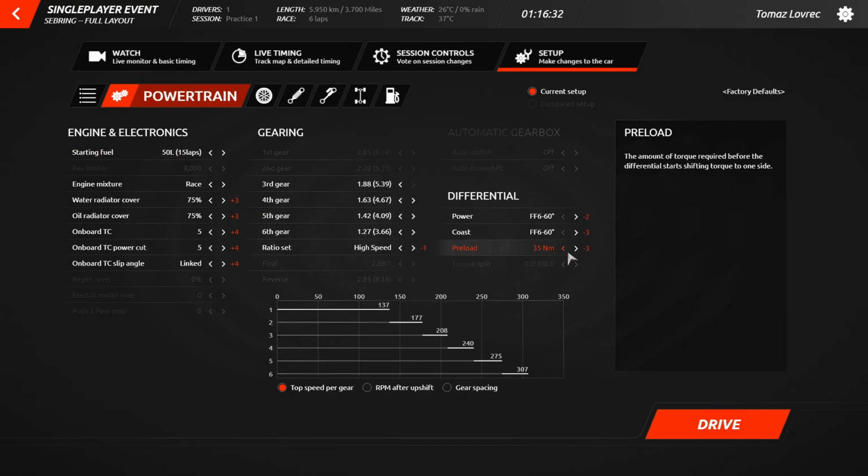What else? Differential, you can set the preload higher, and if you're having oversteer on exit, you will want to set the power setting a little bit higher, which will allow the differential to open more on power on the exit and allow you to exit the corner a little bit nicer. Of course, TC can also help if you're feeling like you're spinning your tires a bit more,